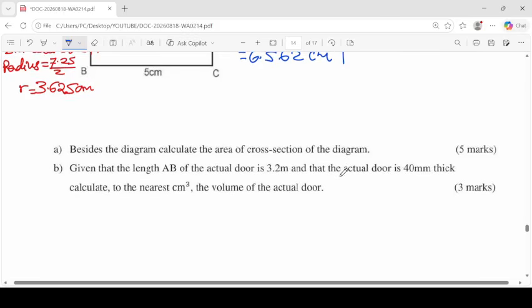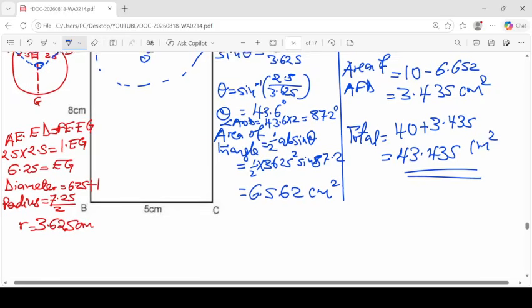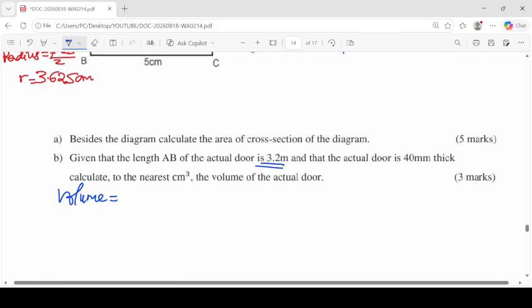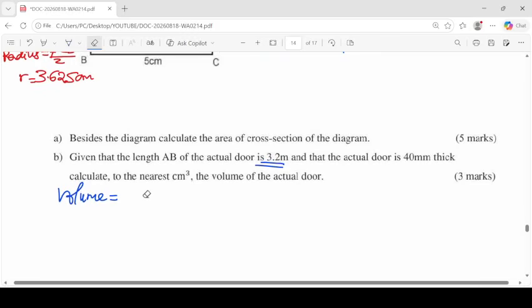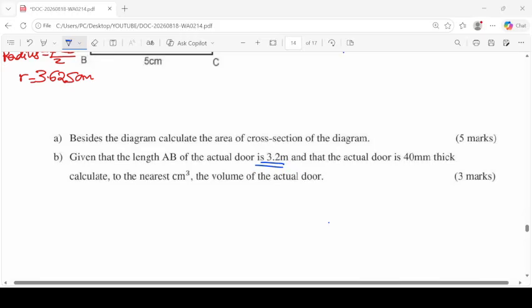Volume of this door will be given by, first of all, I want us to relate this. Given that the length of the actual door is 3.2 meters, that 3.2 meters is representing 8. In fact, even before I write the volume, I have to get the actual measurements. So we are going to say here that